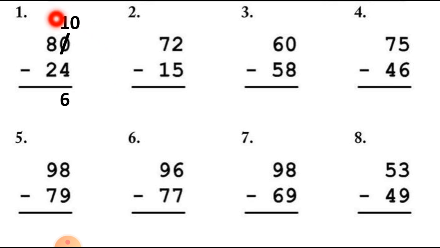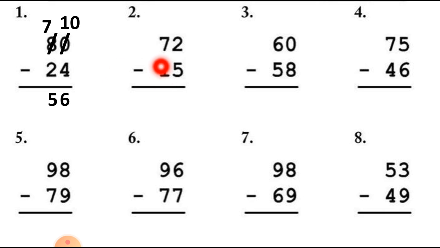Now let's move to the tens column. As I told you, if we are taking 10 numbers from the tens column, we have to cut 1 number from this digit. So here is the 8 number, so we have to cut 8 number first, and 8 minus 1 is equal to 7. So now we have to cut 2 number from this 7. I repeat, I have to cut 2 number from this 7. So 7 minus 2 is equal to 5. So this way we can write down the sums.